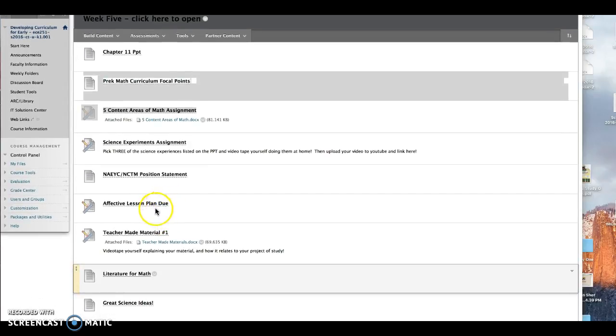Remember, you're only writing one full lesson plan for each area, so your effective one is due. But remember, you need to think of 4 other emotional effective activities that you're going to do on your week-long lesson plan. So you don't have to do a whole lesson plan for the other 4. You're just writing a short summary of the activity that supports emotional learning for the Tuesday, Wednesday, Thursday, Friday. And then you're going to have to go find the objectives. So whether you're choosing to use creative curriculum objectives,